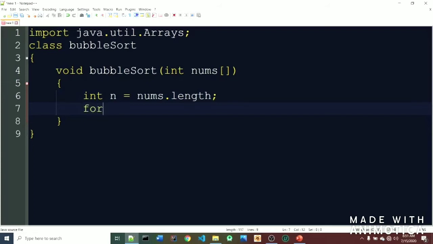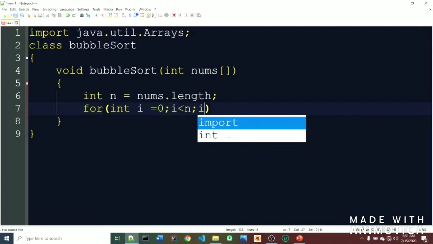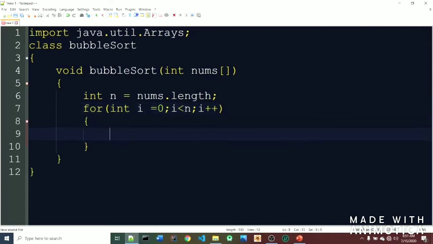Then one loop is required to compare the values, that is int i equal to 0, i will be less than n, i plus plus incremented. Again one loop is required, int j equal to 0, j will be less than n minus 1 and j plus plus.